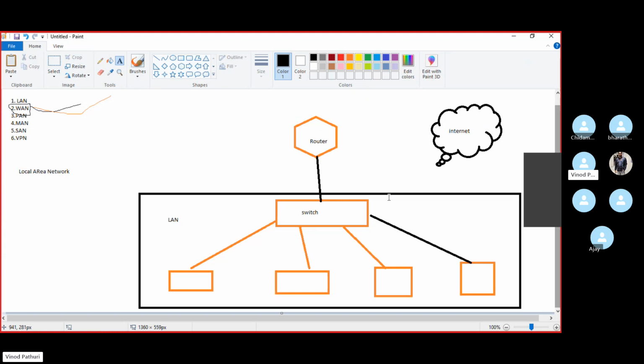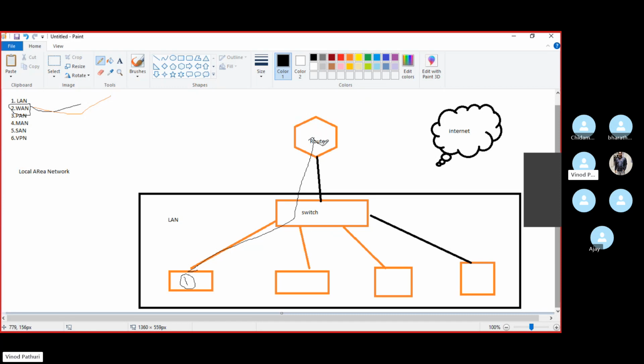So the local area network is within a small region, but the internet is outside your organization and it is publicly accessible. So you want to go from this PC, PC one, to google.com on the internet. The path should be: first you will reach your switch, and as I told you yesterday, whenever you give ipconfig, you will see a gateway. The gateway IP is your router IP.